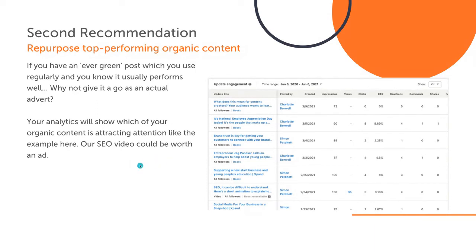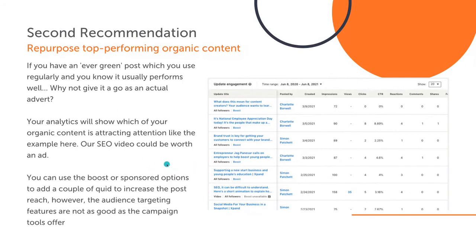And there are other things that get a lot, but a lot of the time it might be the employee stuff as well, which you could consider putting a boost behind or sponsoring a little bit, where you can see these options here. It says boost, and that might just be sticking a tenner on it just to push it out.